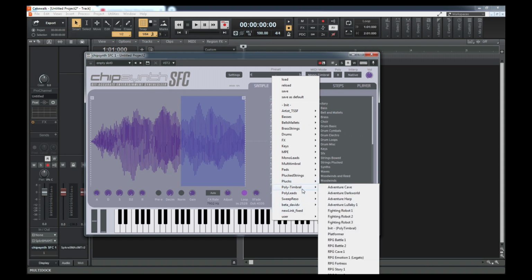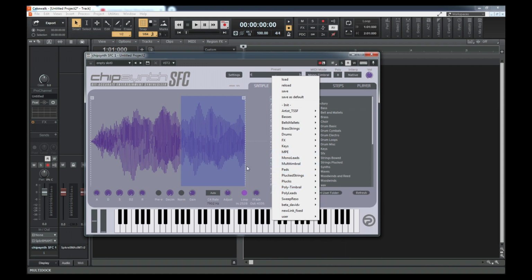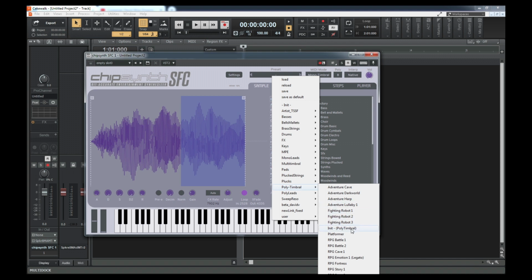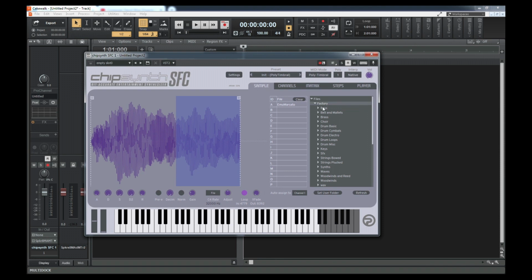Oh, here they are, polytimbral. You can see that there's a bunch of quote-unquote genres like RPG, which I muddled around a bunch of RPGs like Final Fantasy and some adventure games like Zelda. Platformer, of course, is kind of a model of Super Mario World, essentially. But what I would suggest is if you're going to be doing your own polytimbral music, I would suggest loading up this init patch, which basically